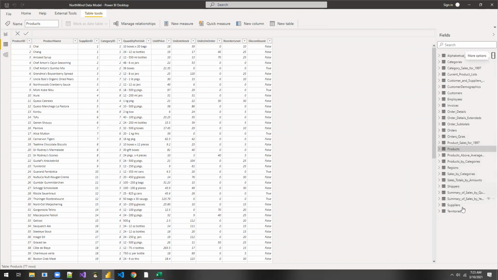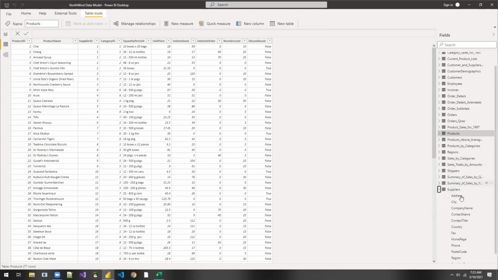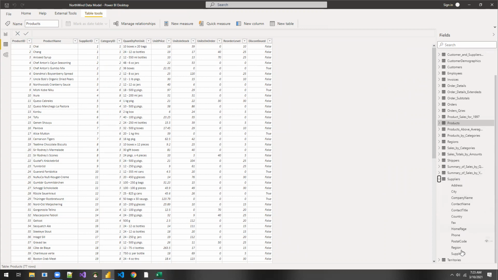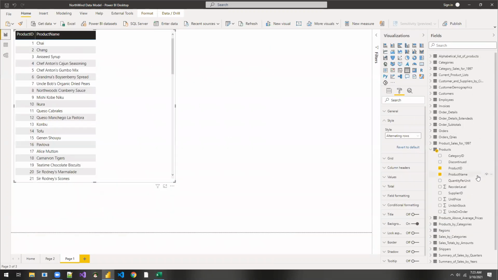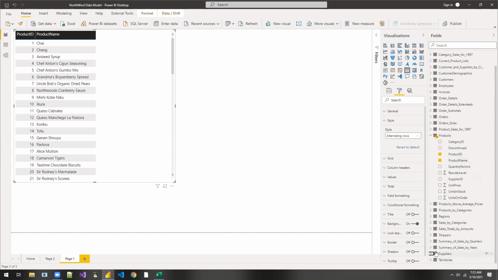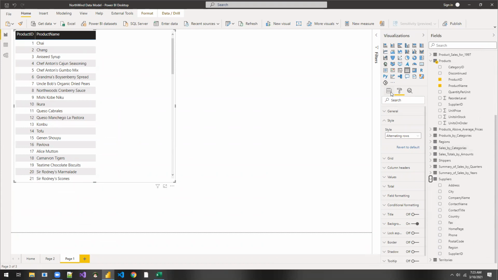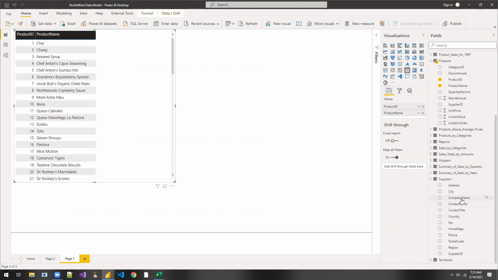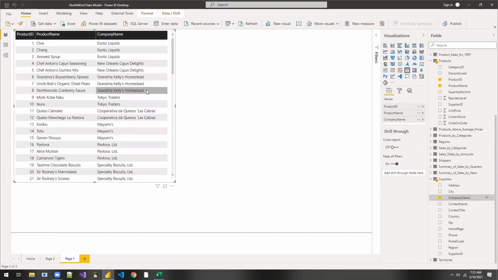So shippers, and then I have the suppliers. And then within this, let me quickly check if there is any supplier ID. So I have the supplier ID here, which is matching this supplier ID. Okay, then I can make use of this supplier table, and then I can get the company name. So that will give me the supplier name. Okay, so you see